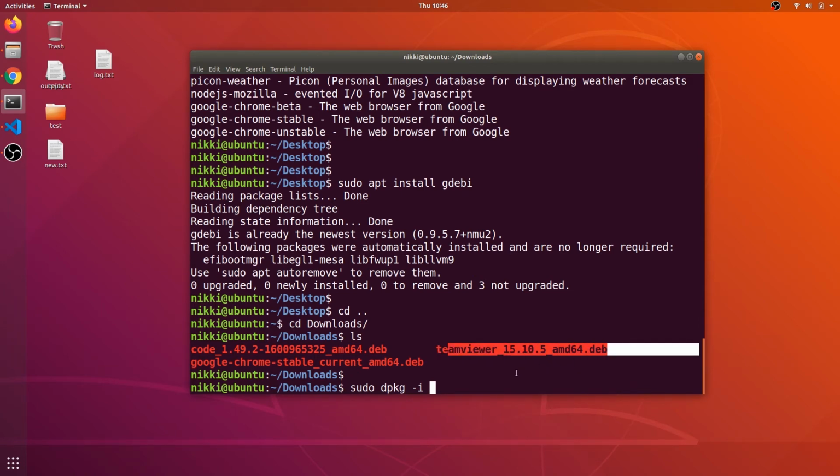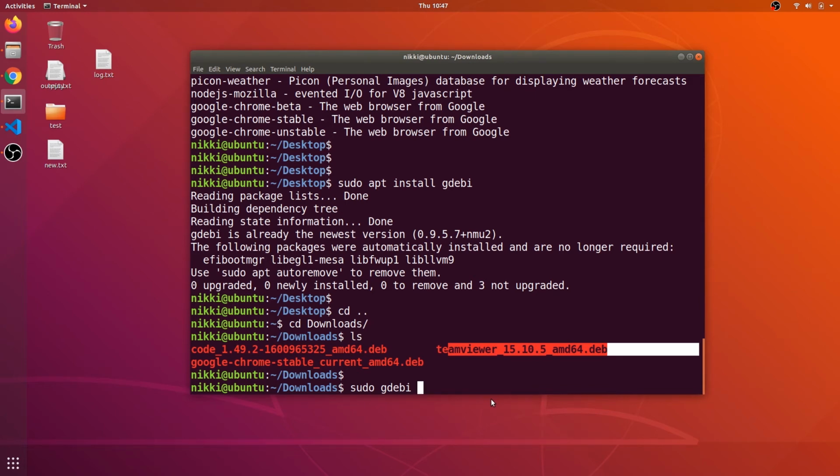You need to install them manually, and it will give some errors when using sudo dpkg. That's why we are going to use sudo gdebi. Gdebi is better than dpkg because gdebi resolves the dependencies and installs them too.